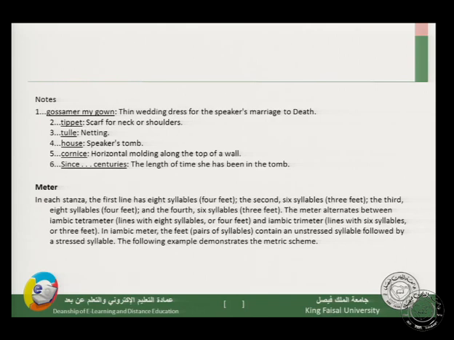Okay. Here also, about meter, this is an example of how this poem is divided into feet and syllables, and what kind of meter we have. Okay, in each stanza the first line has 8 syllables. When we say 8 syllables, that means 4 feet, because each foot has 2 syllables. Okay, the second has 6 syllables, that is 3 feet, each has 2. The third has 8 syllables, that means 4 feet. The fourth has 6 syllables, 3 feet. Okay, the meter alternates. It doesn't have the same meter; it changes from stanza to stanza or from line to line. Okay, the meter alternates between iambic tetrameter lines with 8 syllables or 4 feet